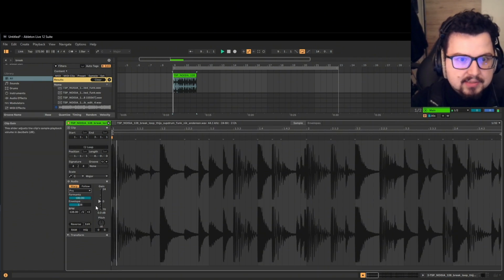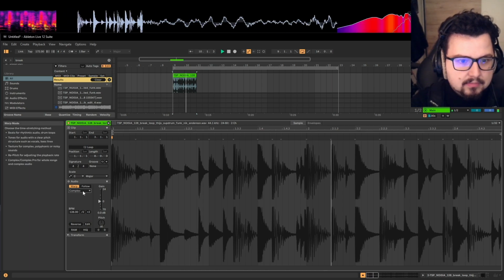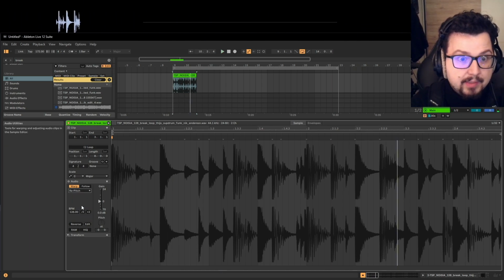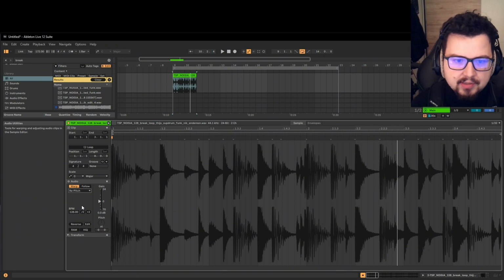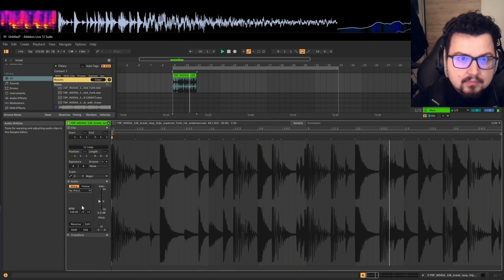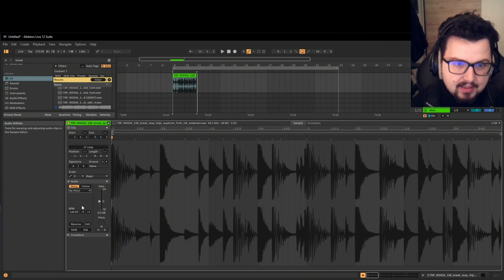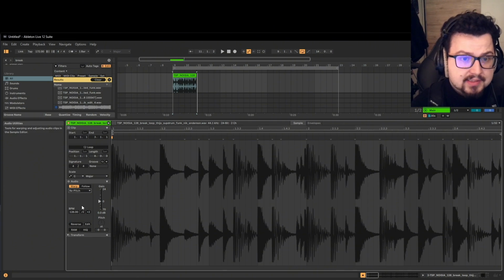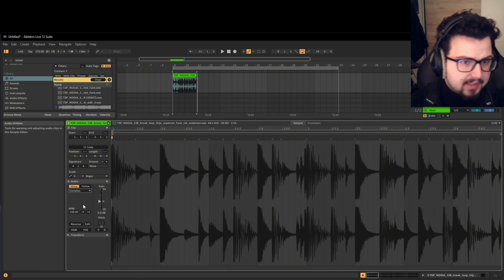Then there's Complex Pro, Complex, and Repitch. Repitch is the most natural sounding one, but it will actually pitch the sound. And that is really cool for drum and bass. But if you want to keep the original tonality, which we want right now in this experiment, we're going to do it differently. We're going to go to Complex, for example,